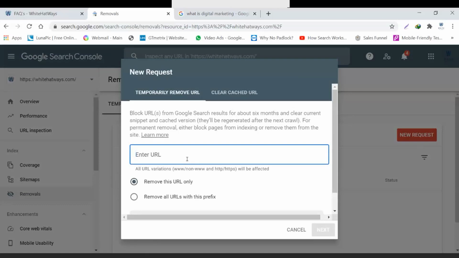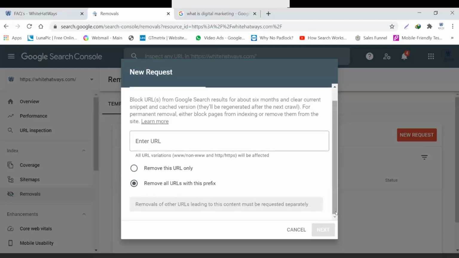So let's say you have a particular URL and you don't want people to be visiting it for a certain amount of time. You can submit that URL over here and click on remove this URL only, or you can go ahead with remove all URLs with the prefix. In case there are several URLs which have the same prefix and you want to remove all of them temporarily, you can use the second option and put the prefix over here, and all the URLs carrying the same prefix are gonna get removed.